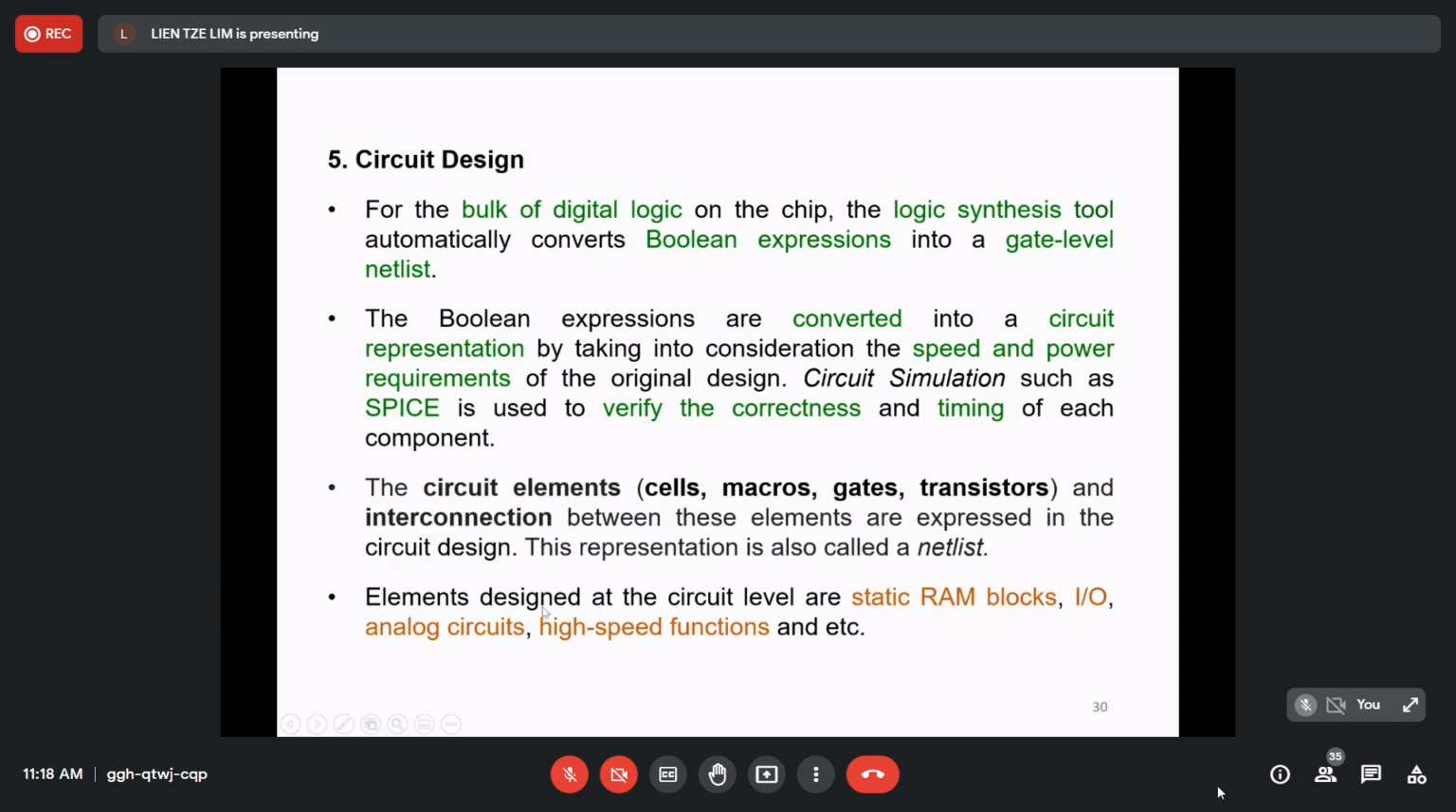Elements designed at the circuit level are static RAM blocks, input-output, analog circuits, high-speed functions, and so on. So after the design of the IC is verified at a circuit level, then the circuit can be